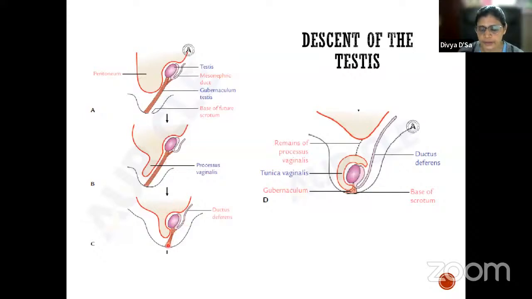After it descends to the scrotum, what happens? That portion gets obliterated. That processus vaginalis, we say, the portion of the peritoneum which is coming down, gets obliterated, and the remaining portion forms the outer covering of the testis, that is the tunica vaginalis. And this is the gubernaculum, which fixes this testis to the base